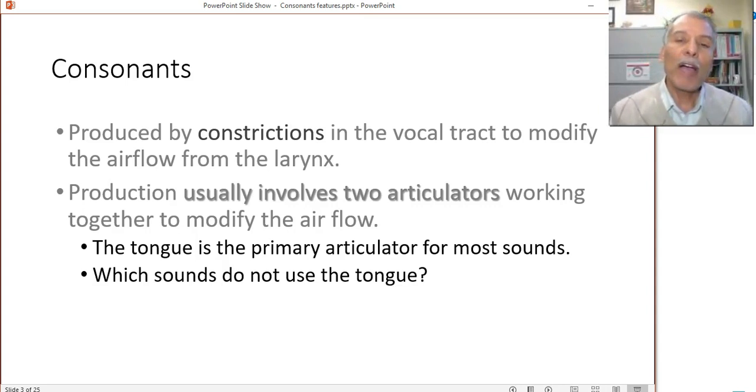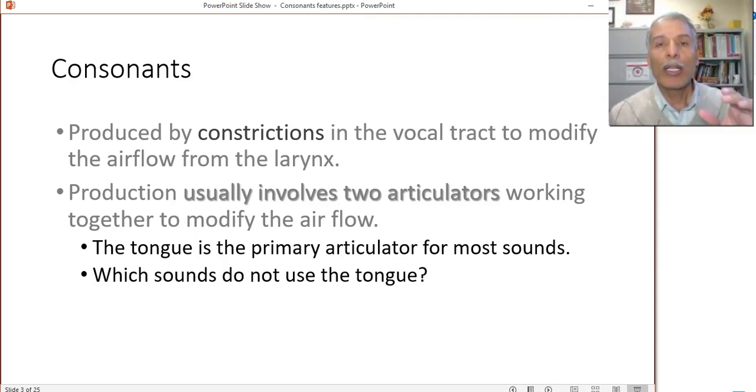So the difference between a vowel and a consonant is, as you have learned in Chapter 4, that a vowel involves the entire vocal tract. The vocal tract is virtually symmetrical in many cases, but there is virtually no constriction, no obstruction along the vocal tract. So for a vowel like E, O, A, the vocal tract is wide open and there is virtually no obstruction. For a consonant, the condition to make it a consonant is that there is some kind of obstruction somewhere